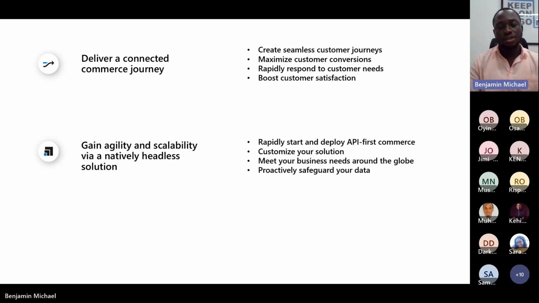And as you are scaling to this new territory, you just get your data and connect back using API-first commerce. And at the same time, you can proactively safeguard your data with the compliance cover and security features available within Dynamics 365 Commerce. You are able to safeguard your data because it's stored in a particular location, and you expand or scale to other territories within your business.